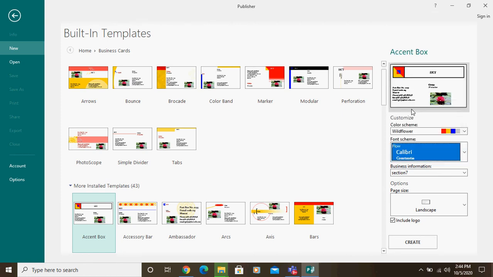Everyone understood? These are the three things we did. One is we selected from here the design, this template. Second, color scheme. Third one is font scheme. Hope everyone understands this. These are the three we selected. And fourth is how to fill up the business information. I will tell you once. This is the first part: how to select the template, how to select the color scheme, how to select the font scheme. This is what is in this tutorial.